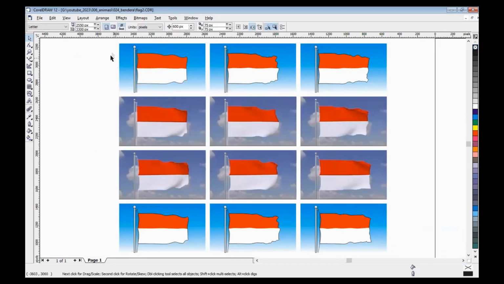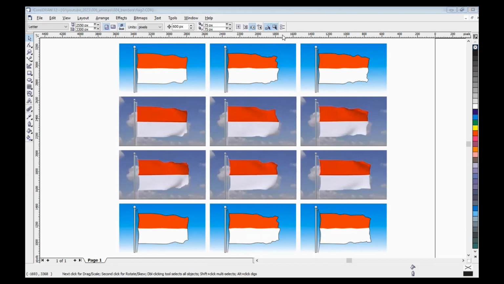After that I will export this image to JPEG with a number as the name. Okay, let's try to layout it, maybe smoothly, on Photoshop.